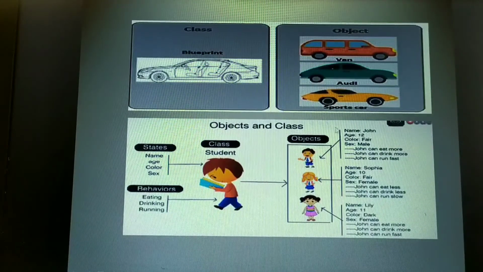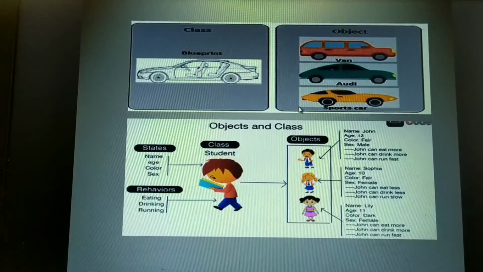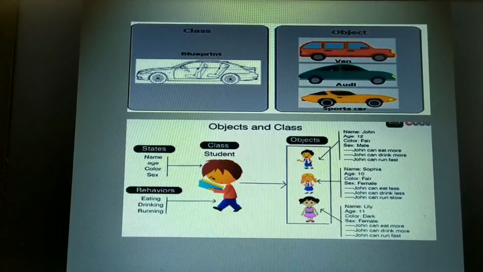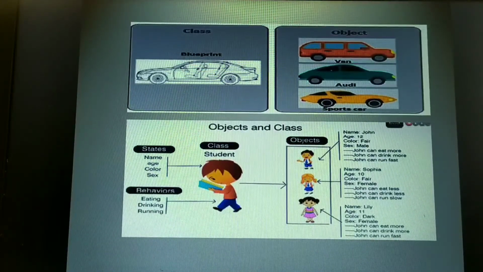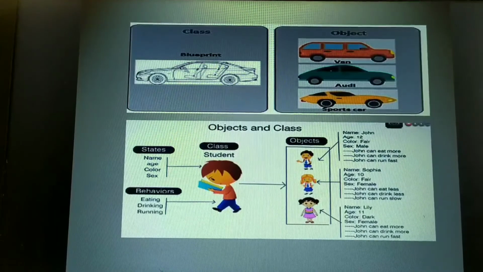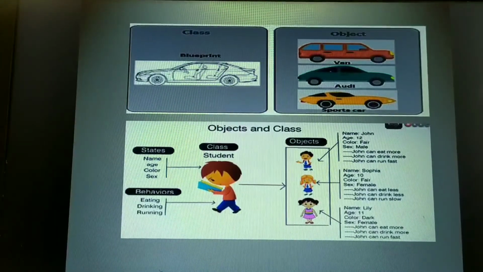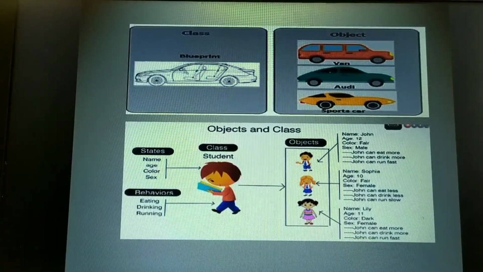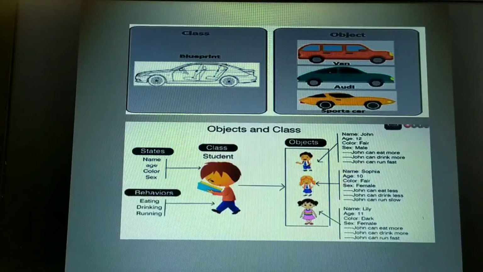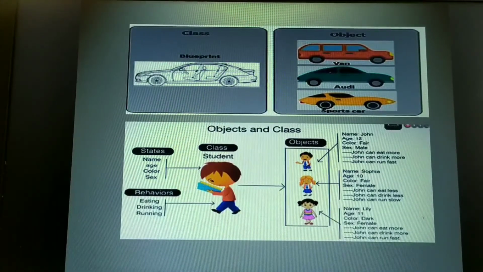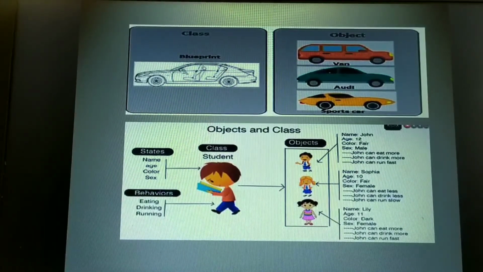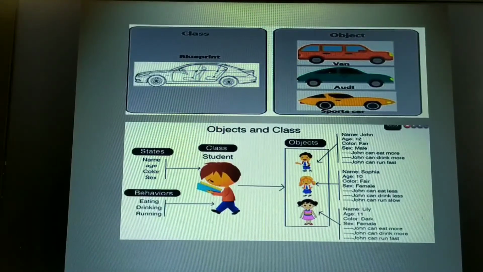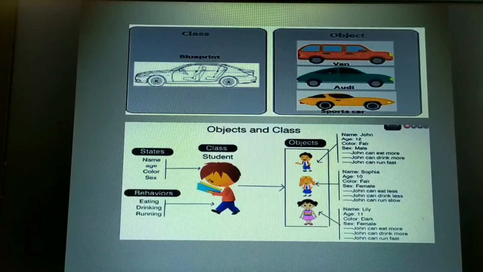Now let me explain with one more example here. See how you can distinguish what the characteristics are and what the behavior might be. Characteristics means the data members, behavior means the member functions. Any physical characteristics of a person, I can call characteristics. Any unique behavior, what exactly that person can do, I can list under the member function.